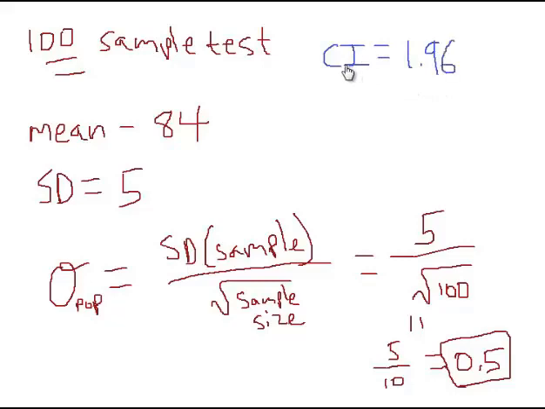We're looking for 95%, so a 95% confidence interval would be within 1.96 standard deviations. So we would multiply 1.96, which is the number of standard deviations we can be away and still be 95% confident, times 0.5, which gets you